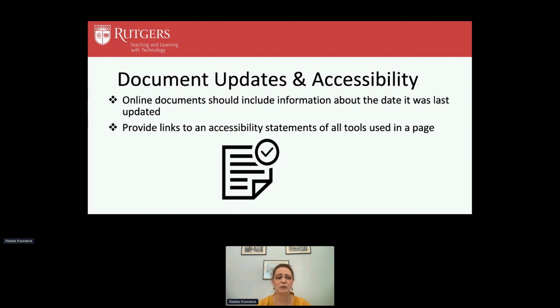in your file system. Provide also, if you're using any tools in your courses, for example, if you're using PlayPosit or VoiceOver or any kind of other teaching tool, Hypothesis and any other ones, make sure that you provide a link to an accessibility statement of all tools used in your courses. So those two simple things are very, very useful for students who will need to